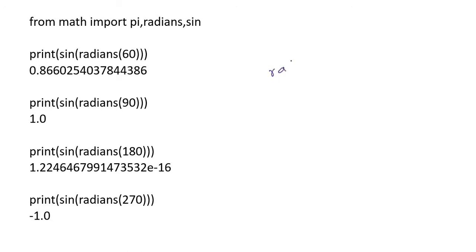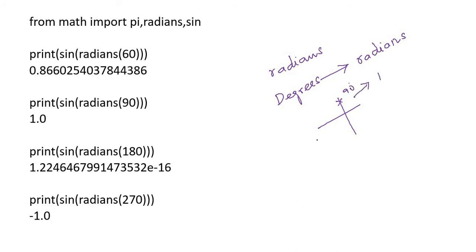Okay, there is a built-in function, radians, which converts degrees to radians. So then you can use that function in sine or cosine. We know that this is 90 degree, sine 90 degree is 1. We'll verify this. Sine 180 degree, that should be 0. We'll verify this. Before using these degree values in sine, let us practice this radians built-in command.